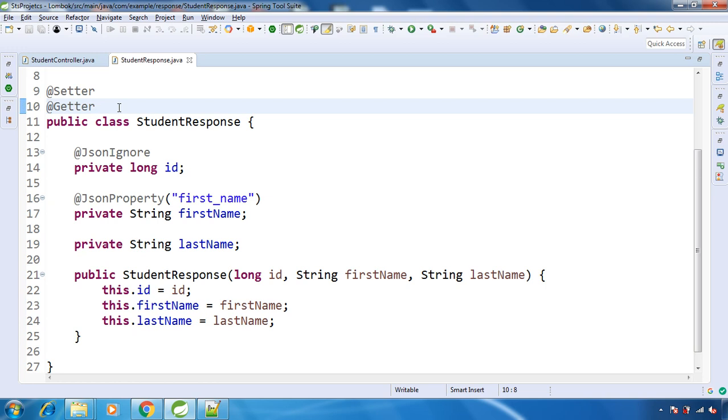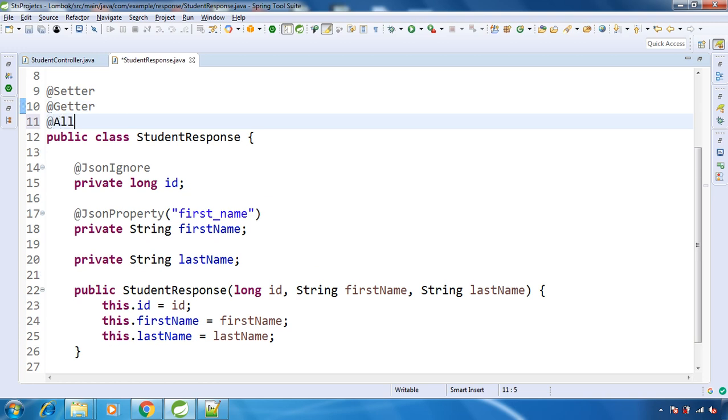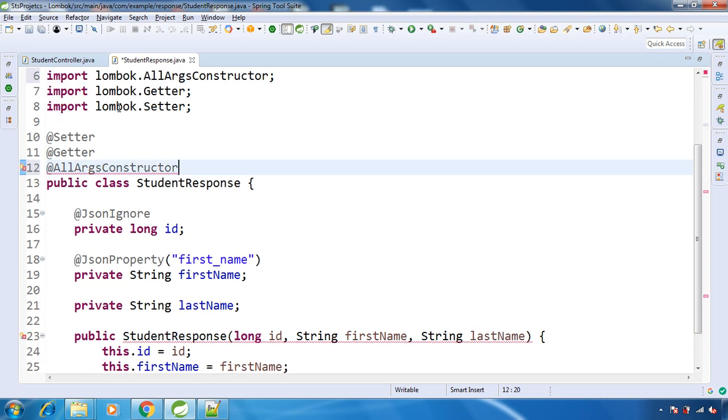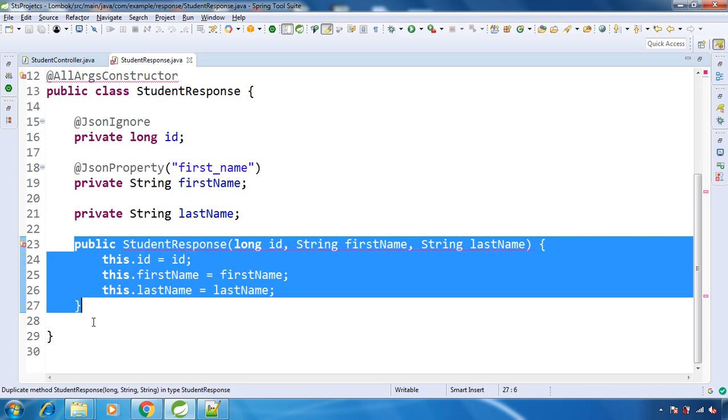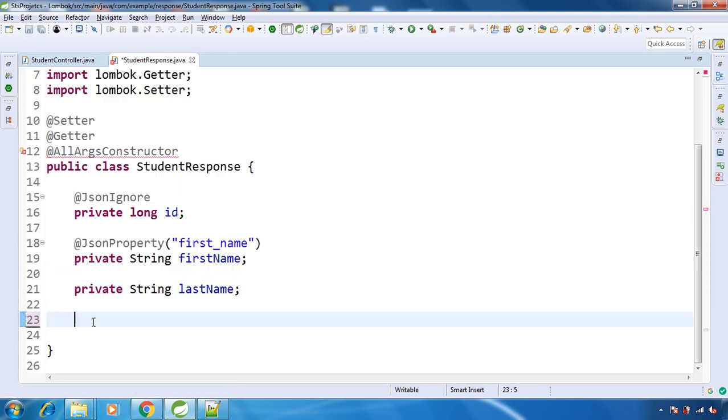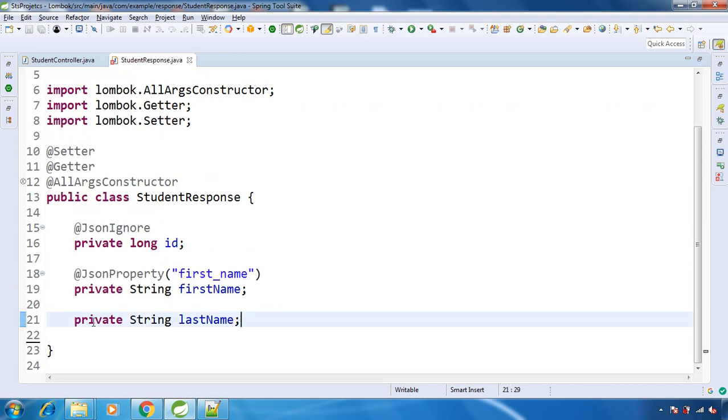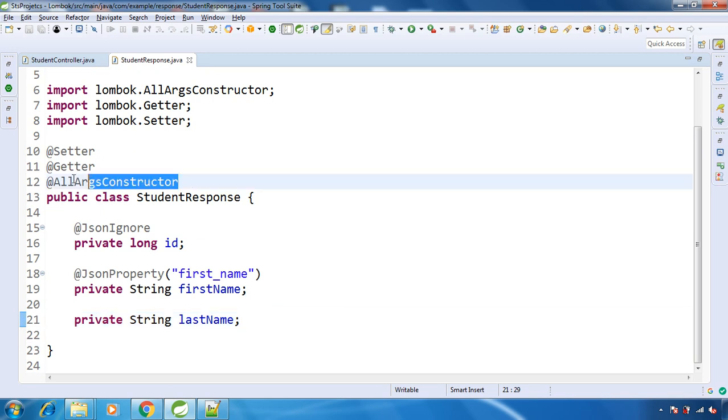For that, Lombok provides one annotation, and that is AllArgsConstructor. See, this is from Project Lombok. This is giving an error, and the reason is that we have this annotation on top of the class and we have explicitly declared the all-fields, or basically all-argument, constructor over here. So we need to remove either one. Let's remove our manual implementation of the all-arguments constructor from here. See, now this is not giving any error.